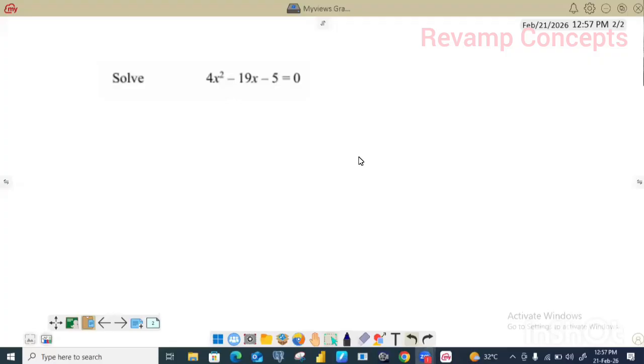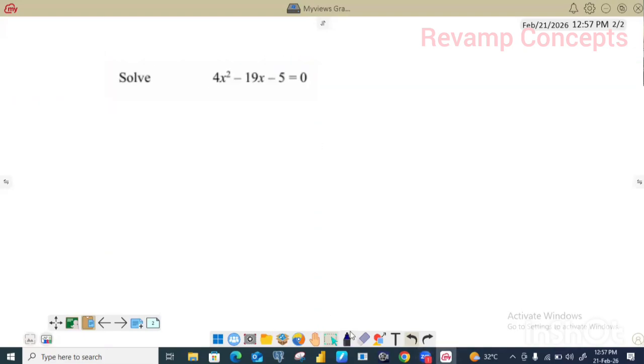Right. In this case, we are not just factorizing, we are solving the equation. That is, after factorizing it, we are to resolve it. We are to solve the equation and get the value of x, like we did in the simpler one. Now, the first step is to find the product of the coefficient of x